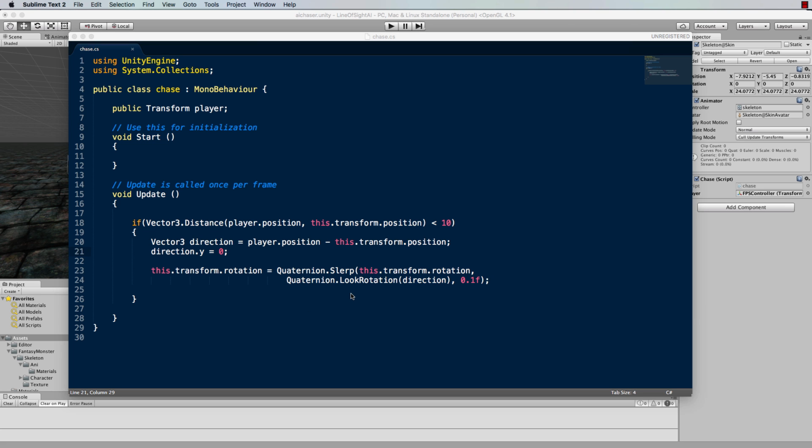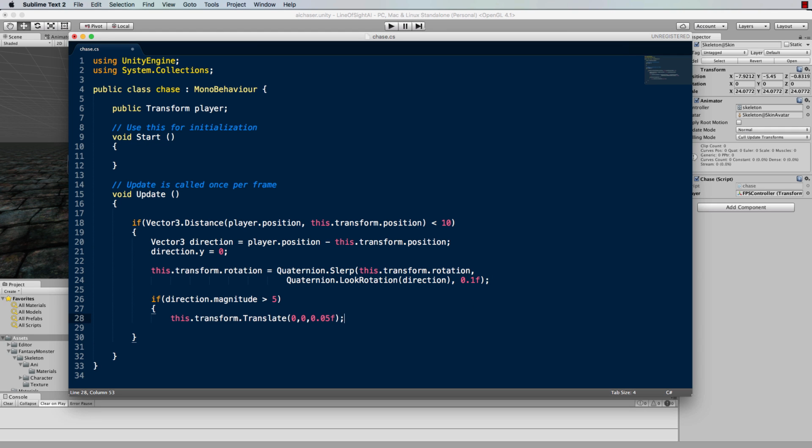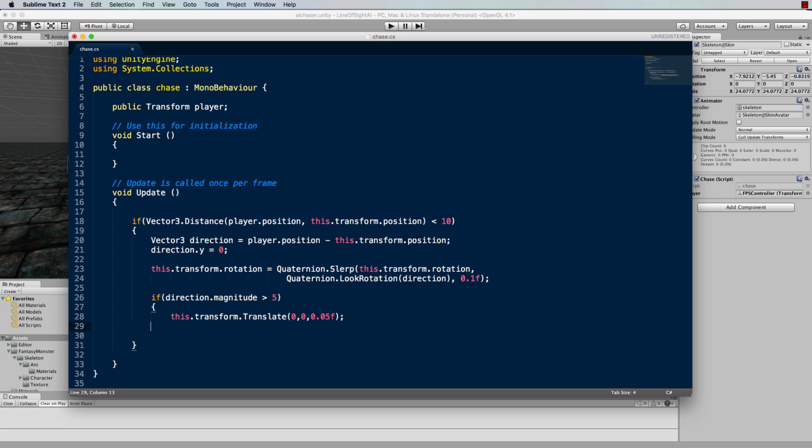Right, to make him move forward when we've alerted his presence, I guess. So if it's less than 10 distance between him, we've worked out the rotation angle so that he looks at us. And now down in here, we can add some code that says if that direction vector that we've calculated, which is the line between the skeleton and the player, if the magnitude of that, magnitude is just another word for length of a vector,